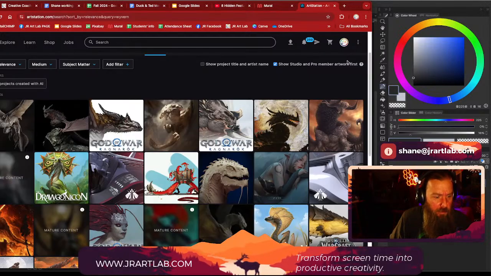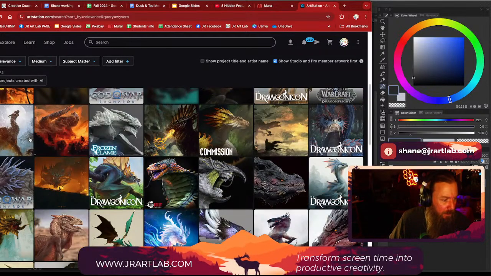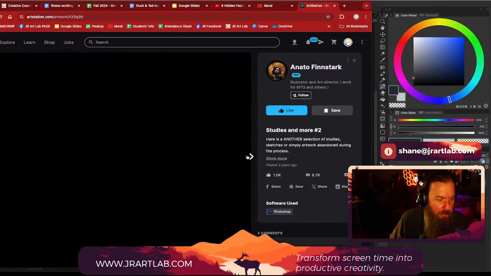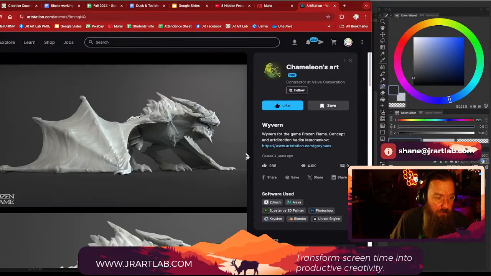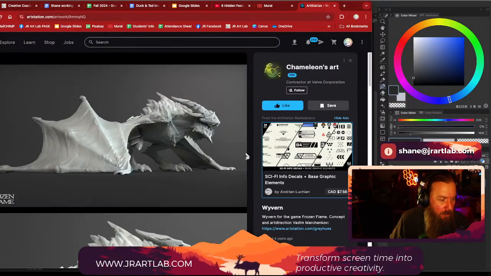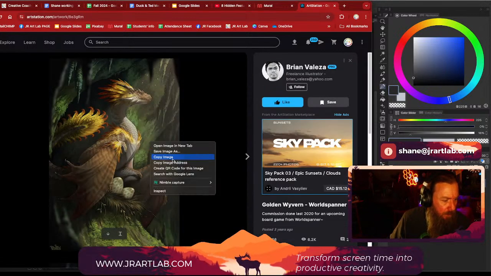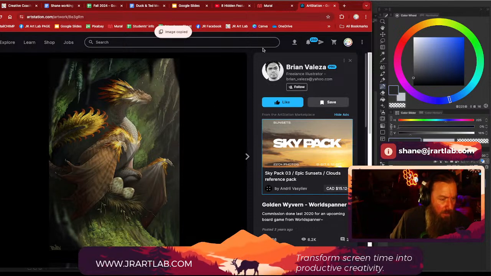Now, we didn't think too much about our color palette yet. We're going to be doing this with a grayscale painting, which is very different from our usual SketchClub. So we will paint it in grayscale. Oh, that's cool. I like the feathers here.